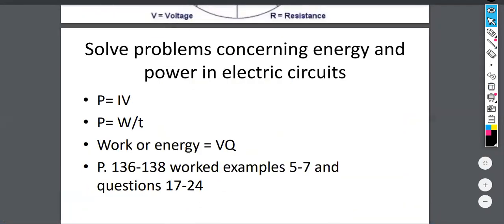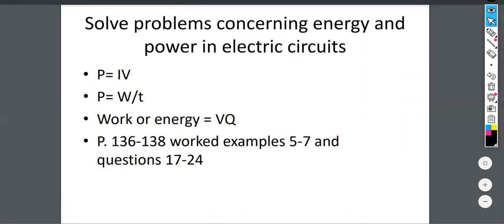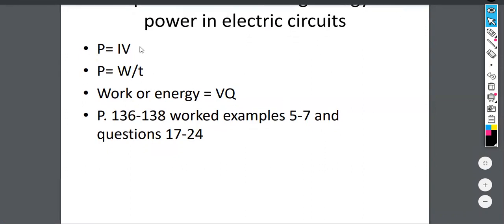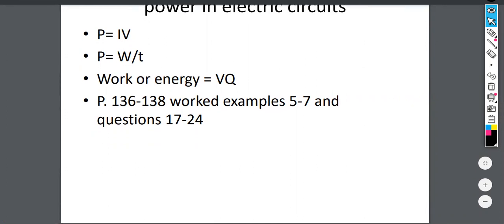Okay. Solve problems concerning energy and power in electric circuits. What we just talked about: power equals current times voltage, and power is work over time. So we have a lot of equations today. We haven't really done enough to think through the ideas with all of them, but that's how it goes. So here we just write down the definition today, lay that foundation down, so that as we continue to talk about it,